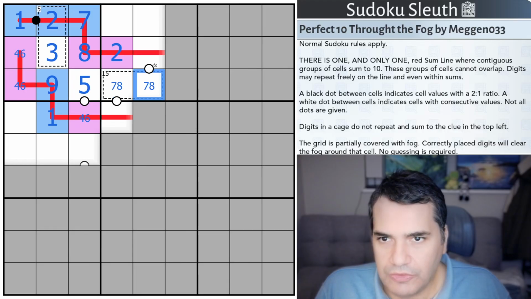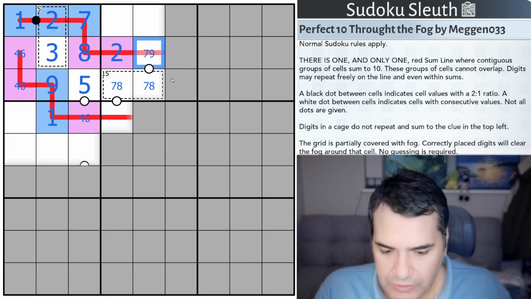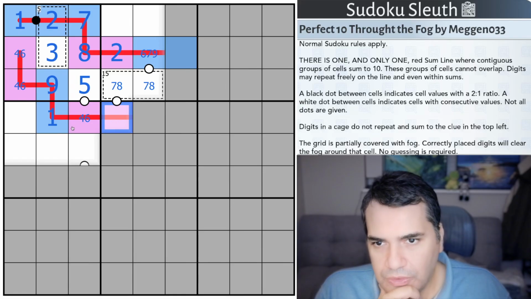That, if it's 8, would be 7 or 9. If it's 7, well, it couldn't be 8, it would have to be 6. And remember, this is a new set, so blues. This is definitely part of the purple, so my options...